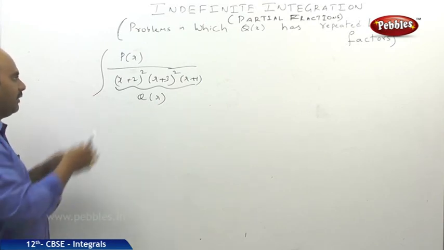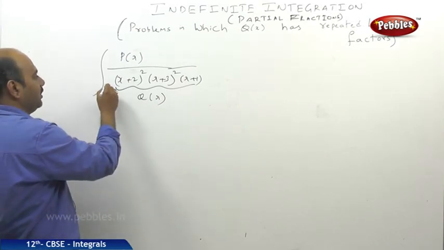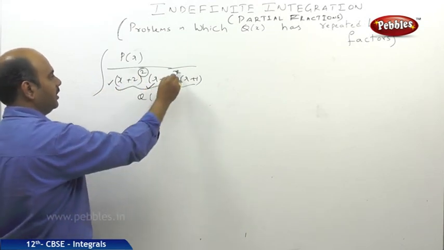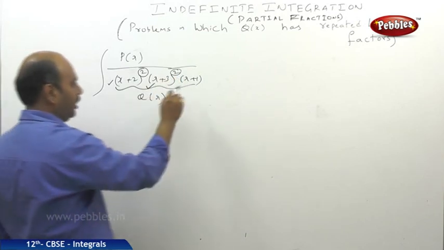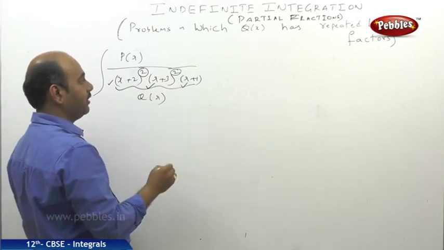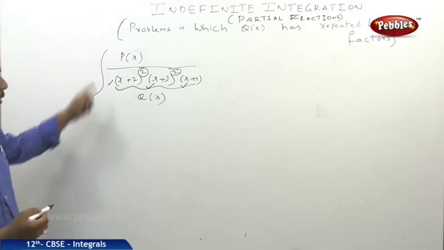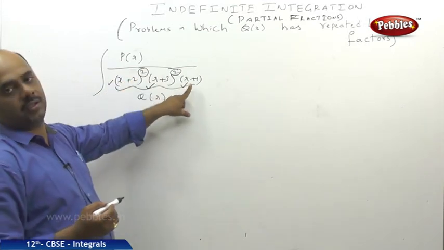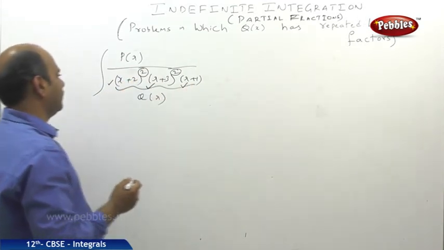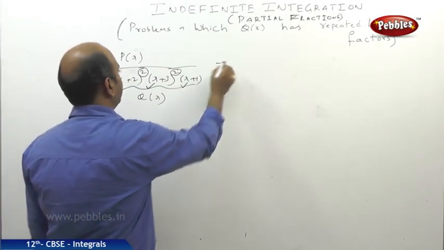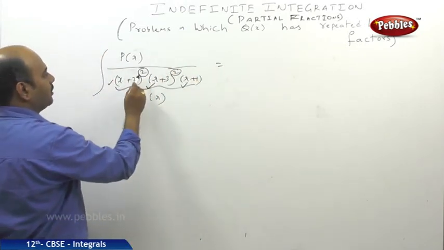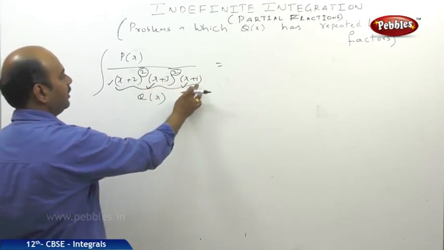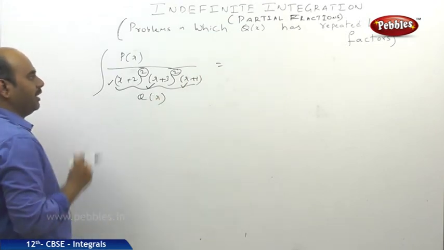Here in q of x, we have different kinds of factors. One factor is x plus 2, which is being repeated 2 times. Another factor is x plus 3, which is being repeated 2 times. Another factor is x plus 1, which is a linear factor, that means no repetition. So we have 2 factors which are repeated 2 times each and 1 linear factor. Whenever this kind of problem comes, I suggest you just observe carefully the powers. Powers here are 2 and 2, so 4 powers are there, and here another power 1. So we want 5 constants.